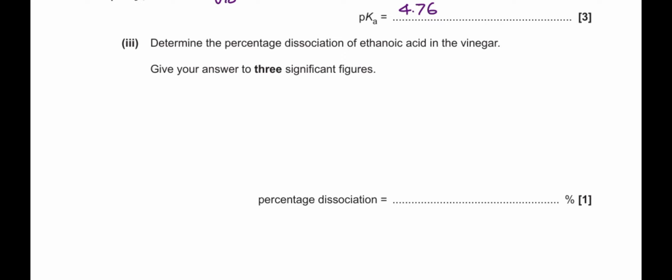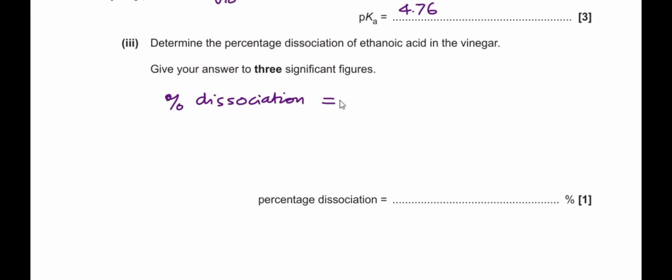Part 3. Determine the percentage dissociation of ethanoic acid in the vinegar. Give your answer to 3 significant figures. Percentage dissociation of the acid means how much hydrogen ion concentration does it produce if the concentration of the acid were 100 moles per dm cubed. Therefore, we could write percentage dissociation